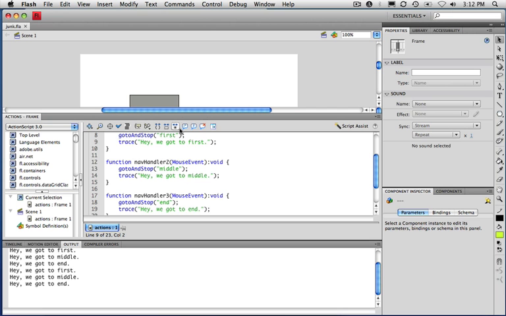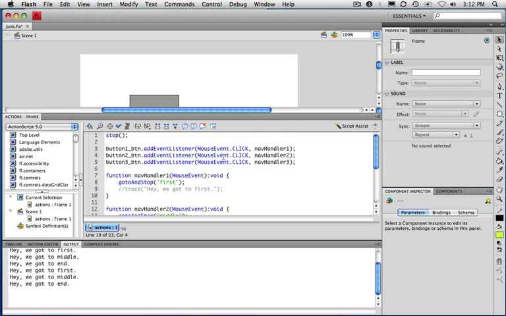Let me comment these lines out so that we don't get the traces anymore. When we're looking at this, I want you to experiment with a couple of other things we can do. Instead of go to and stop, we can go to and play. If I put in play,